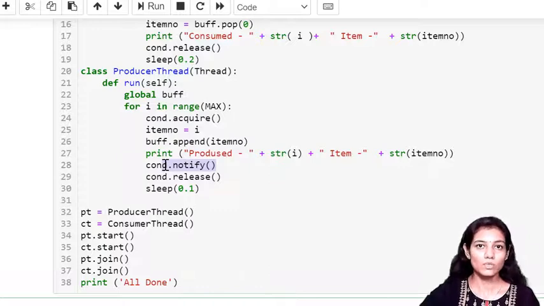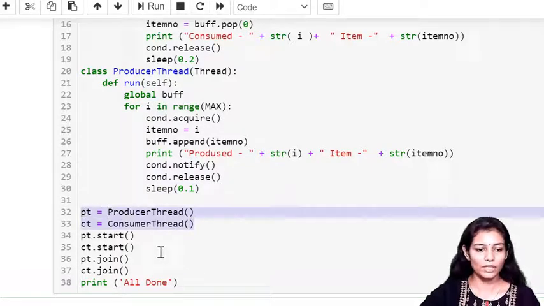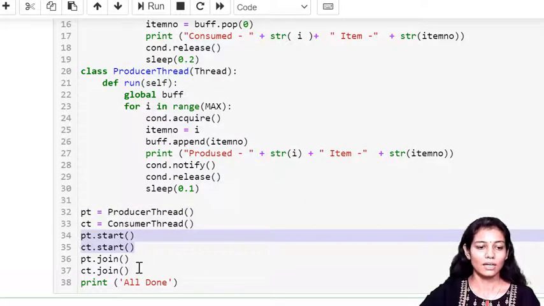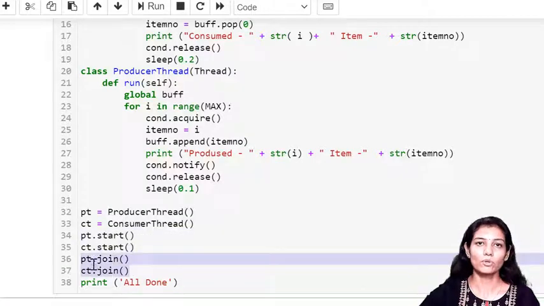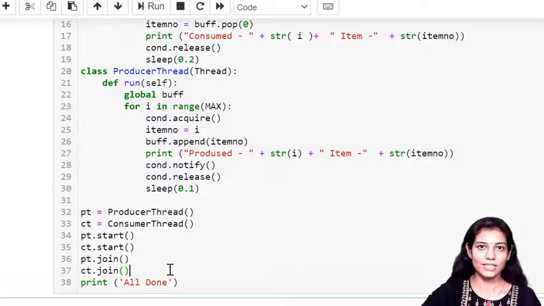This will awaken the consumer in order to start consuming, and it will release the lock and sleep for 0.1 second. We have two threads here. We start them, and we wait for the producer and consumer to terminate, and then all done will be printed. So let's execute the code.